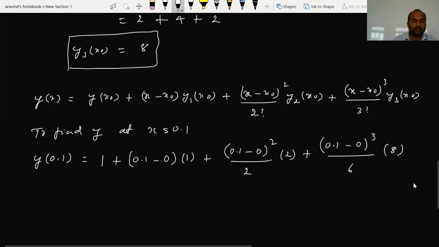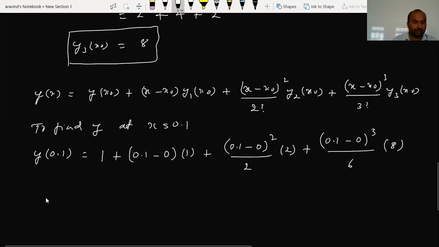So use the calculator now and find its value. So therefore y of 0.1 will be